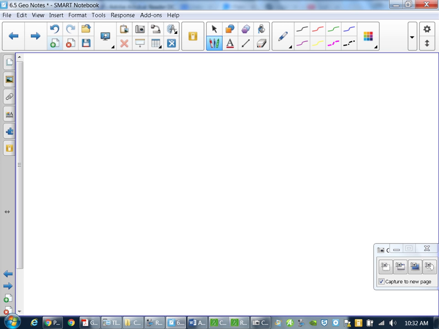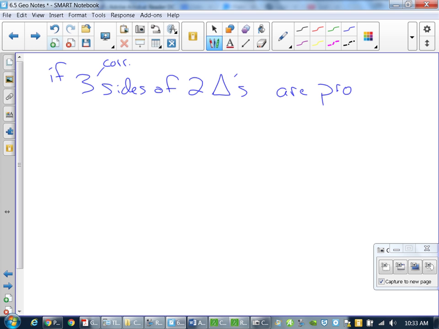If I want to say this, that if three sides of two triangles, I should say three corresponding sides, are proportional, the triangles are similar. Okay, so if the three corresponding sides of two triangles are proportional, which basically means